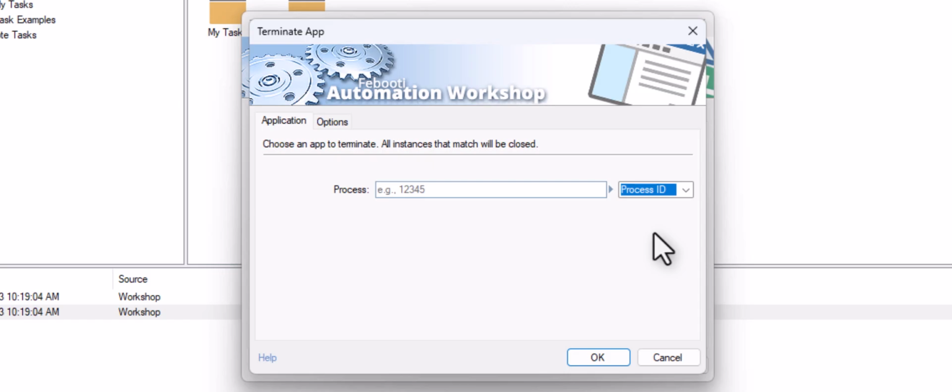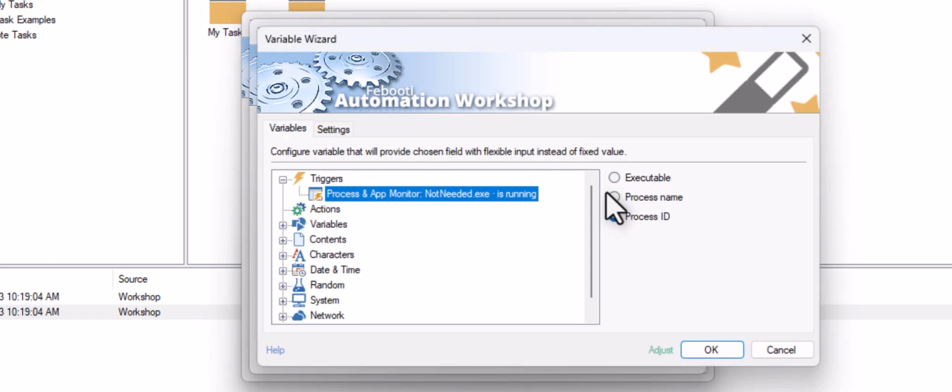The process identifier is a unique number associated with each running program on Windows. This number is also shown in Task Manager. Obviously, I can't predict the ID that will be assigned to our unwanted app when it starts, so I am using the Variable Wizard button. Variable Wizard allows us to use dynamic values from triggers, actions, and so on.